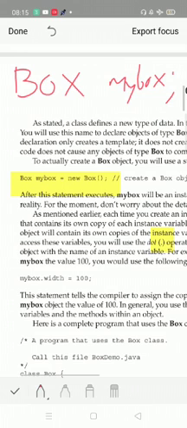But in case of Java, this is not sufficient, where you have to go for memory allocation explicitly. If you just declare this, then it is considered as a reference object only. It is not considered as an object. If you want to have the object, then a set of memory blocks should be allotted for it, and the memory allocation is done with the help of the new operator. Just check this statement: new followed by the name of the class you are supposed to mention. So you are making a call to the constructor.